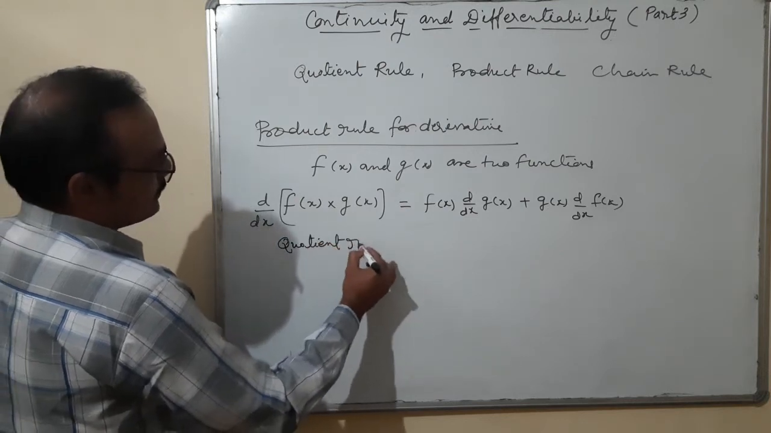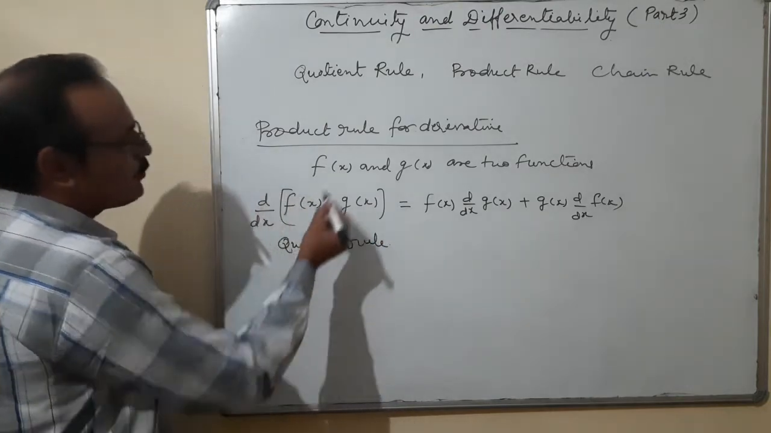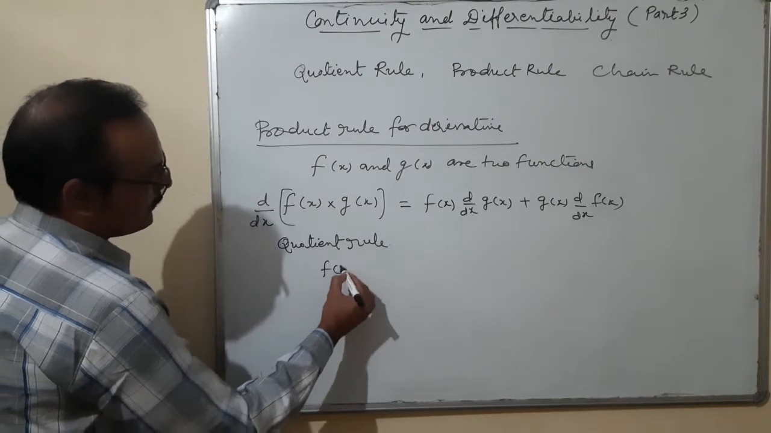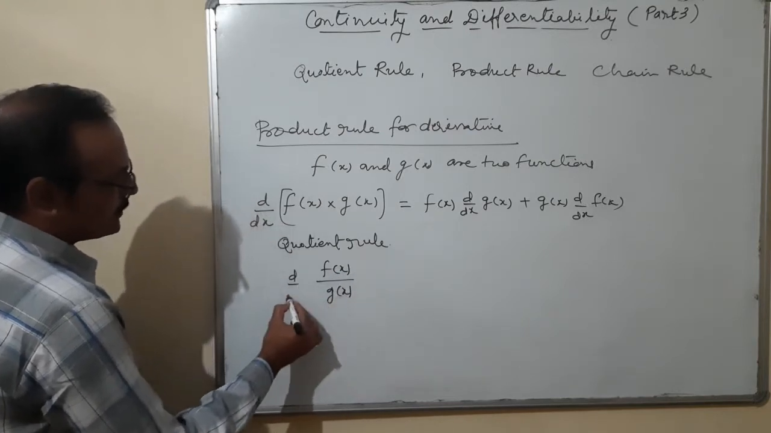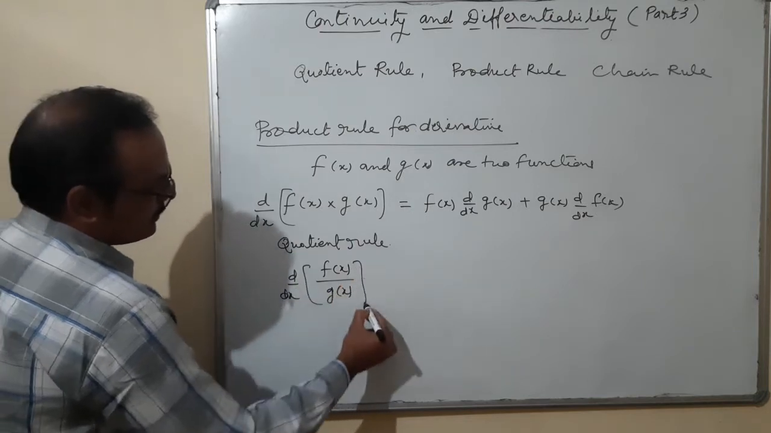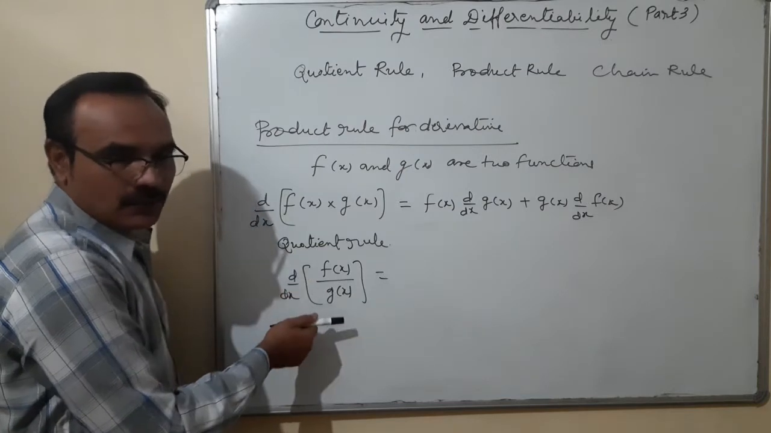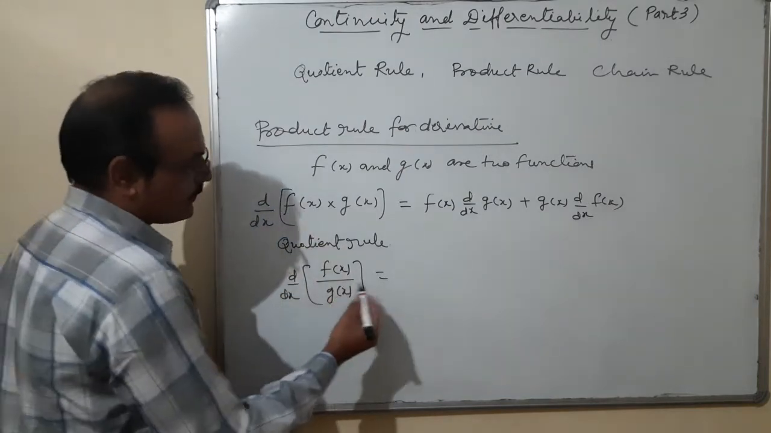What is it? Quotient rule. Again, I am taking both the functions f(x) and g(x) are two functions, and they are in the form of f(x) upon g(x). And we are going to differentiate with respect to x. Okay? Differentiate with respect to x. So numerator function, denominator function. How to differentiate it? First, write the denominator g(x),